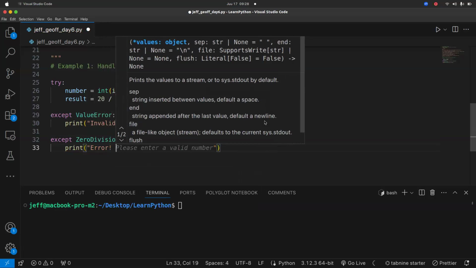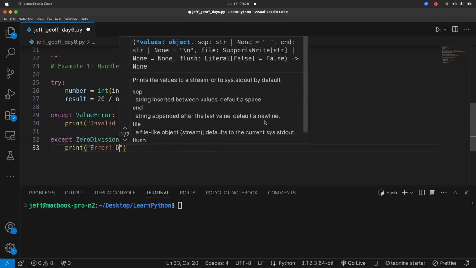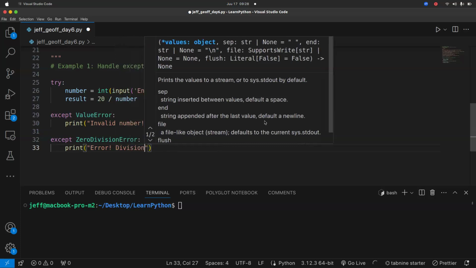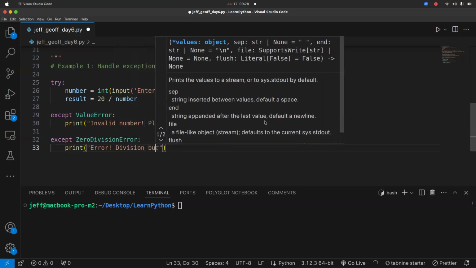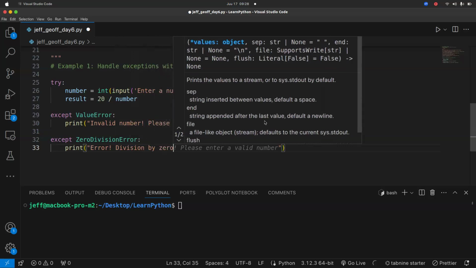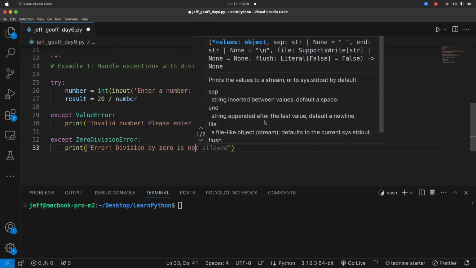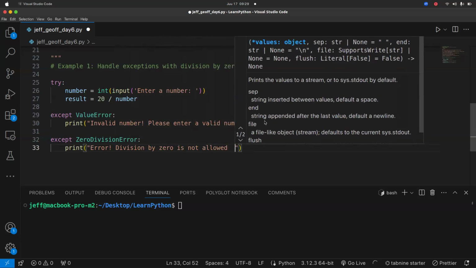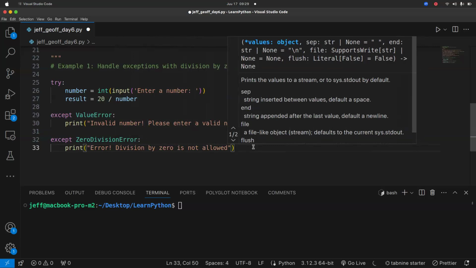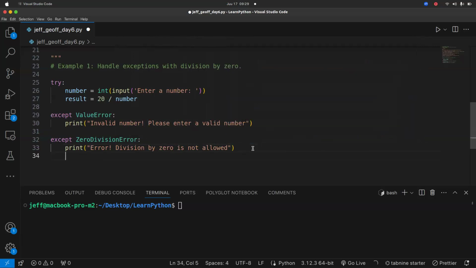And you can say division by 0 is not allowed. Division by 0 is not allowed. Now, so we have two types of exceptions here.